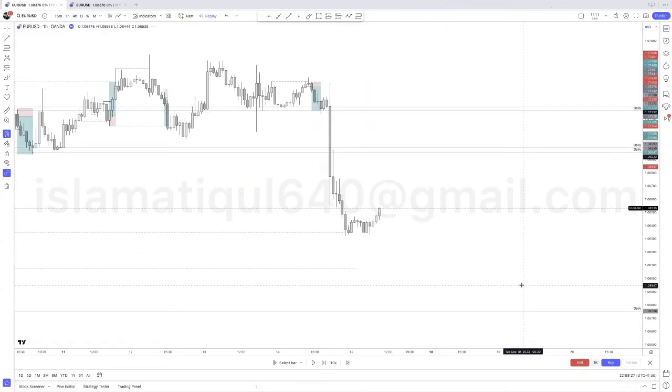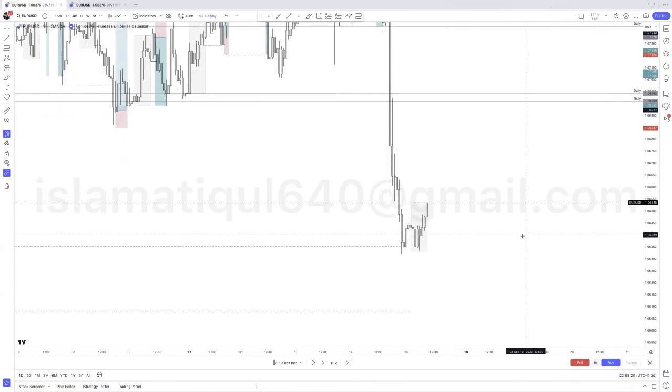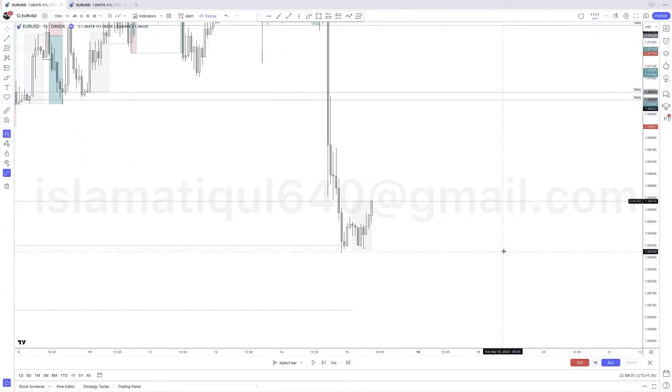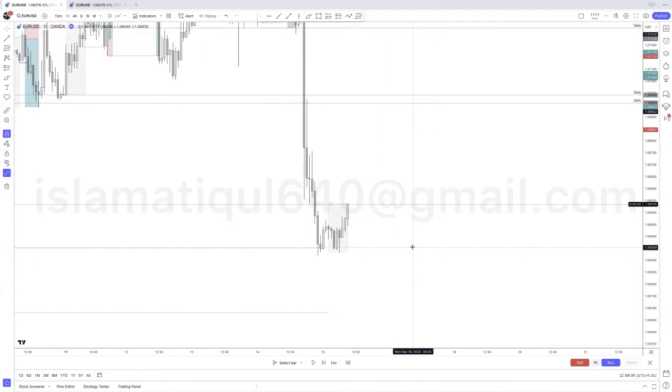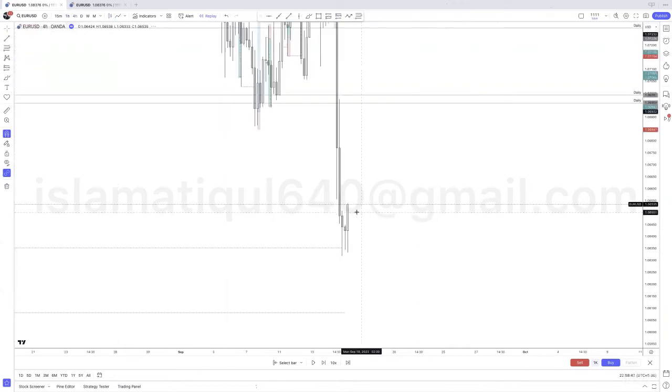What's Asia doing? Asia is gaining some momentum. This could be the low of the week. We don't know yet. Let's see. I think we can buy it until this area, but remember we are trading against the trend, so we have to play it very safe. We'll have to wait for a clean rejection, a sweep of liquidity and all that, because for them to move all the way up here,